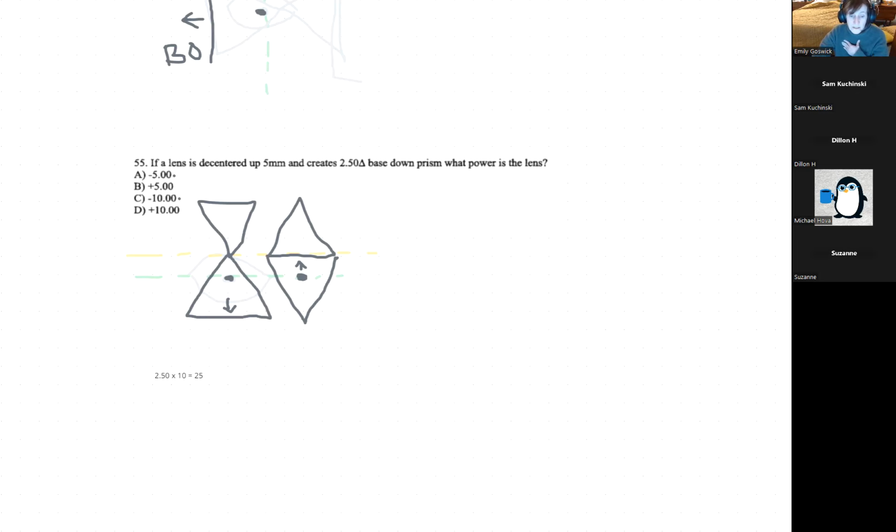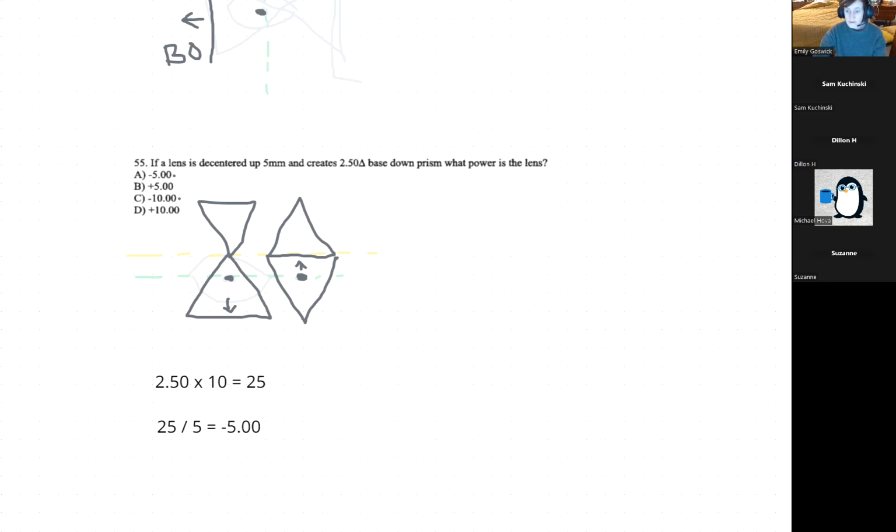So what we can do is we can be like, all right, the decentration was 5. Since we're working backwards, we're going to be like, okay, it's going to be 25 divided by 5, because we would have been multiplying by that 5 first. So that means that if we had been working in our usual way, we would have started with a